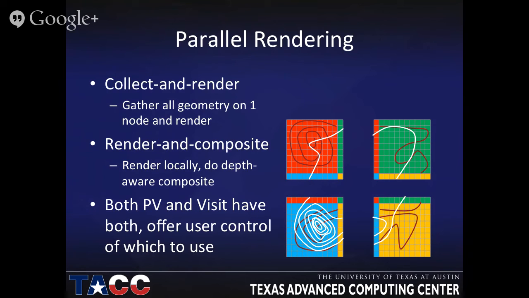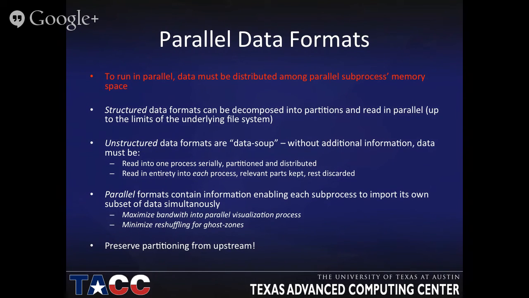Now, the next thing I want to talk about is data formats. The reason for this is because in order for these things to run fast, the data that you want your nodes to be working on has got to be local to that node, right? In other words, if I've got 1024 nodes that are available to run, I need to have 1/1024th of the data on each one of those nodes in order to take advantage of it. Most obvious thing in the world, right? But if I can't